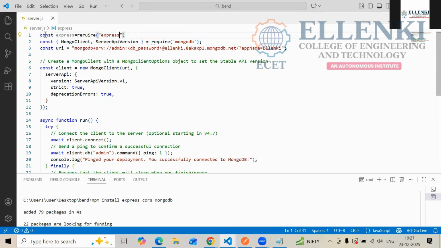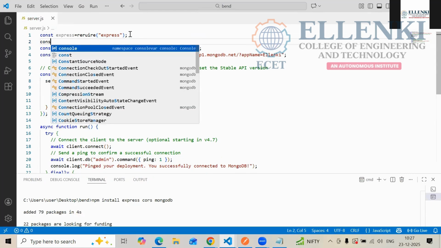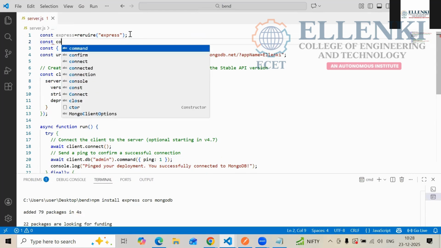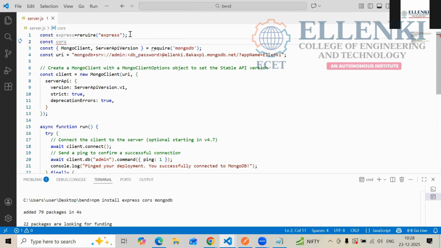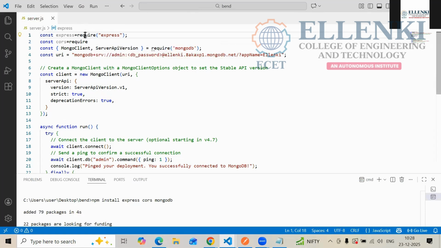After that you have to require what? You need cors also. Constant cors equals require cors. Okay, now it is okay.